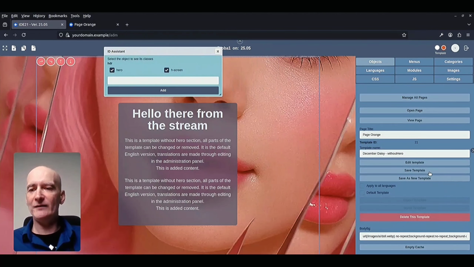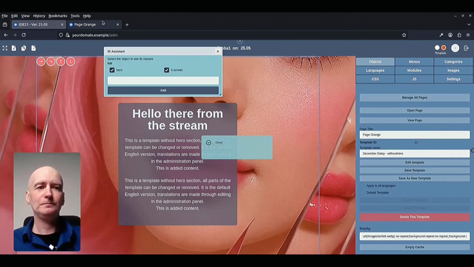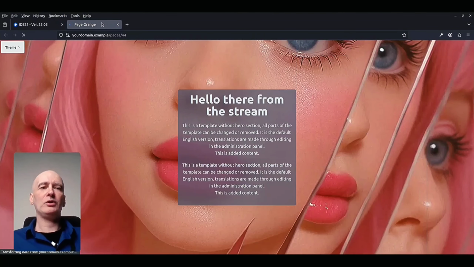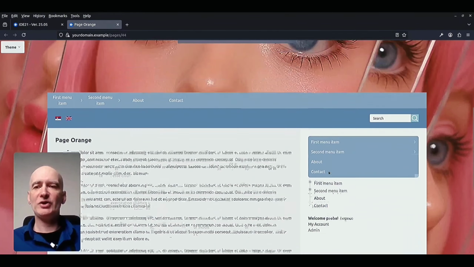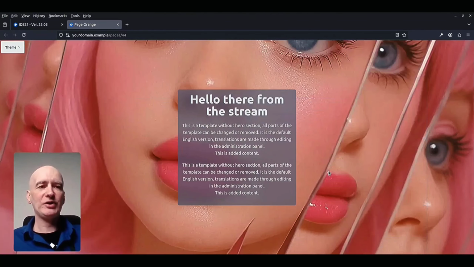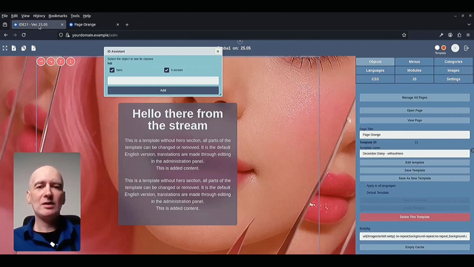Now if I save this template and do Ctrl+R, you can see that this header section, now hero section, is at the entire height of the screen. So there is also a possibility to clone this header section, like with every object.